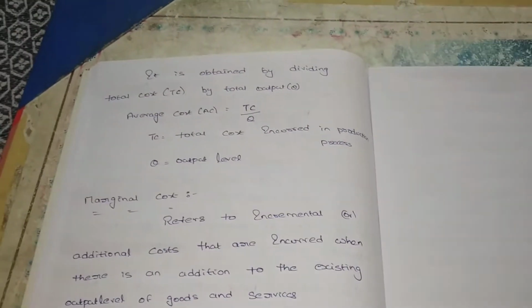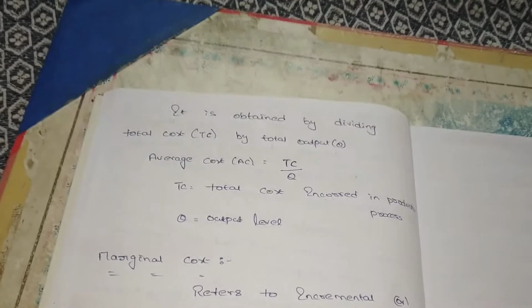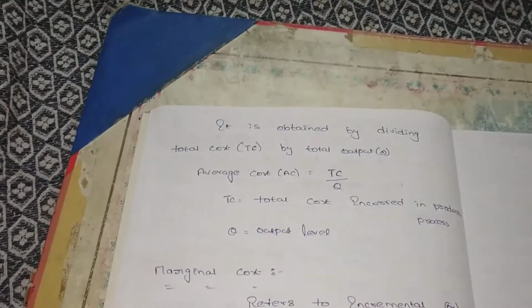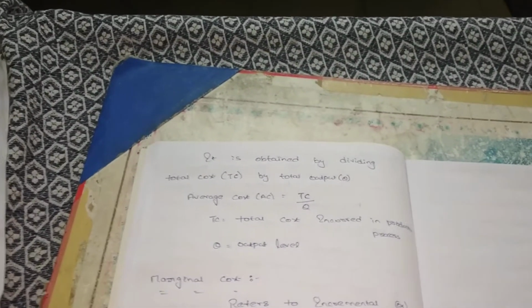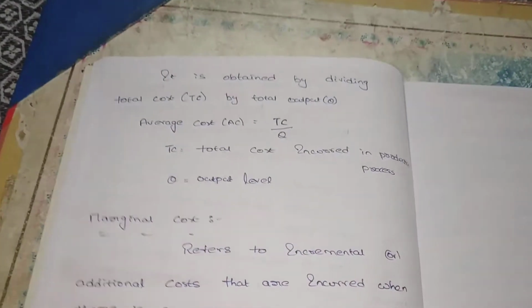In average product, we are calculating for each unit of input how much output we are getting, means we are calculating each unit price. While calculating each unit price, we go for the average cost. In total cost, how much cost we incur for the production of goods has to be added. But in average cost, we are calculating for each unit or each product, how much it costs.